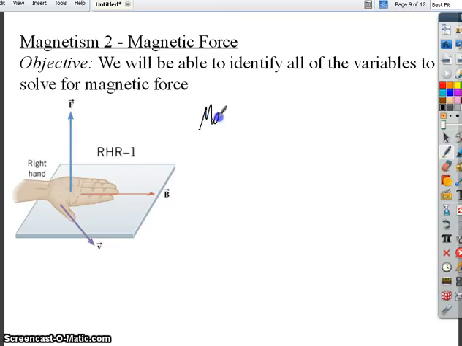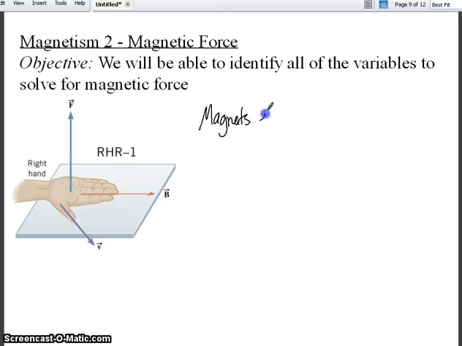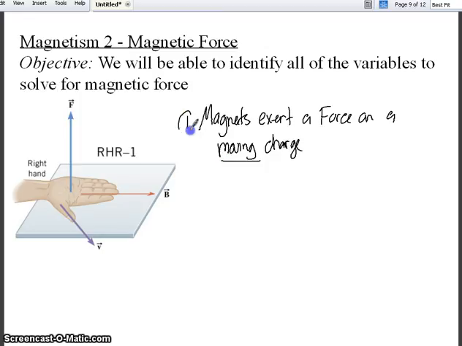Magnets exert a force on a moving charge, and the key word here is moving. Magnets exert a force on a moving charge. This is number one, and number two, they will only exert a force